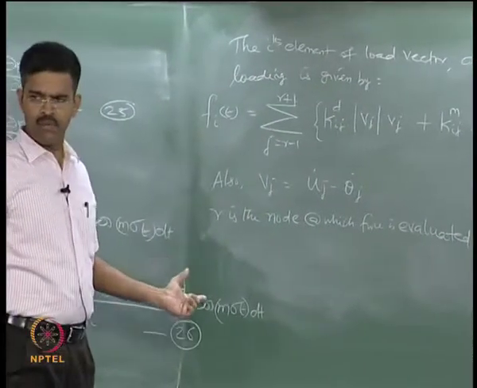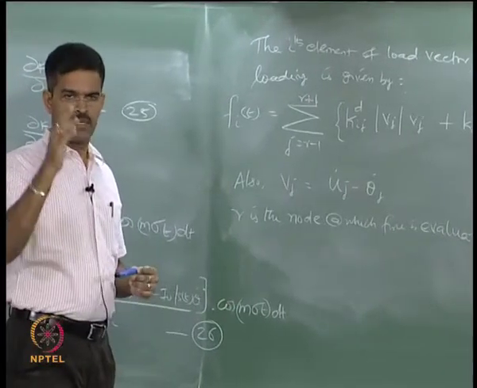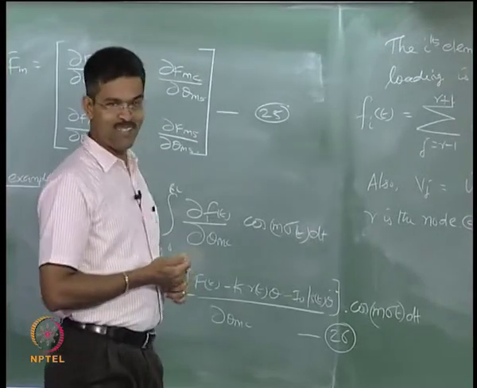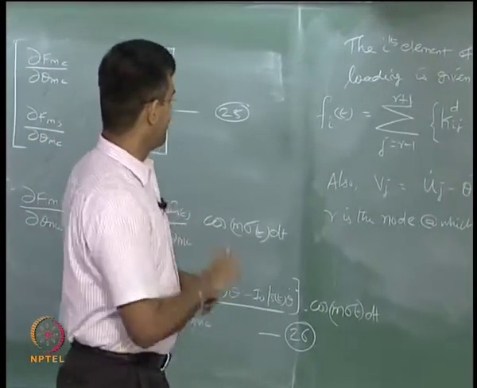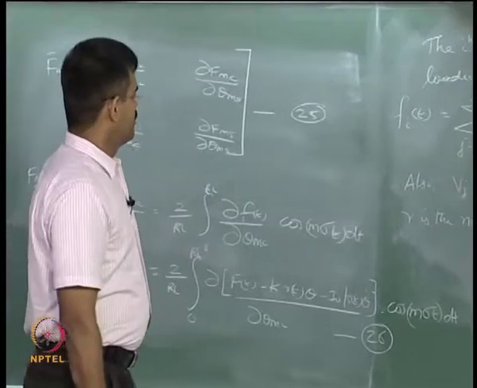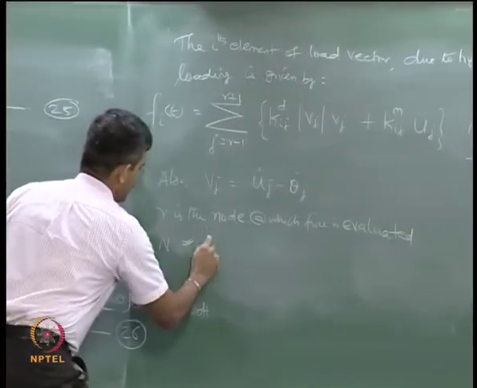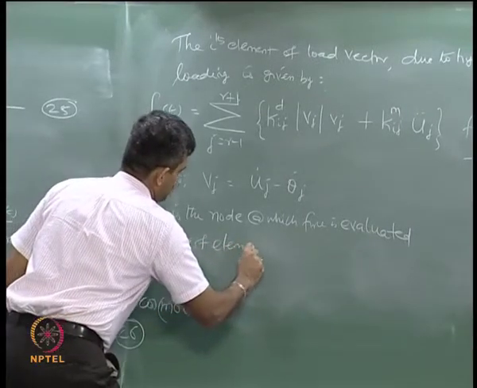Is my handwriting legible from the back? Is it legible? Even if it is not legible, I think you have got to adjust it, because I am writing faster. And of course, N is the number of elements of the tower.